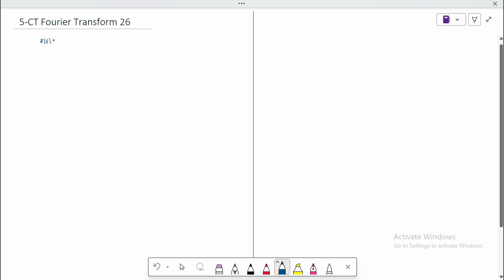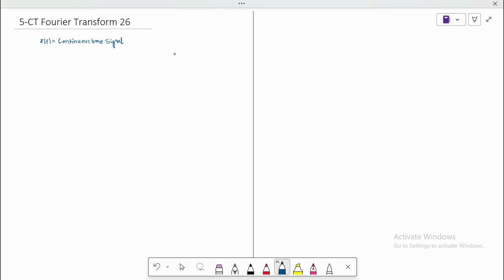So this x of t is a continuous time signal. Before writing the formulas for the continuous time Fourier transform, I would like to write formulas